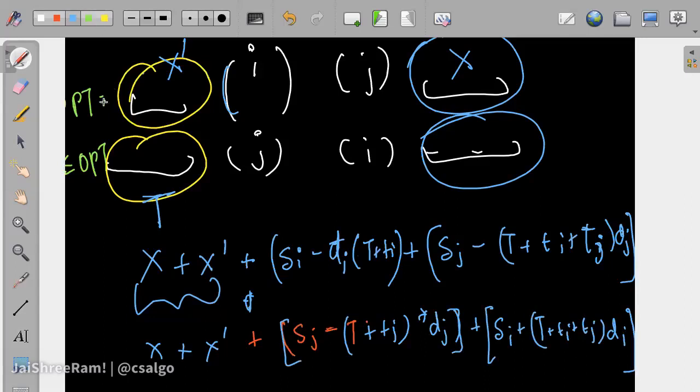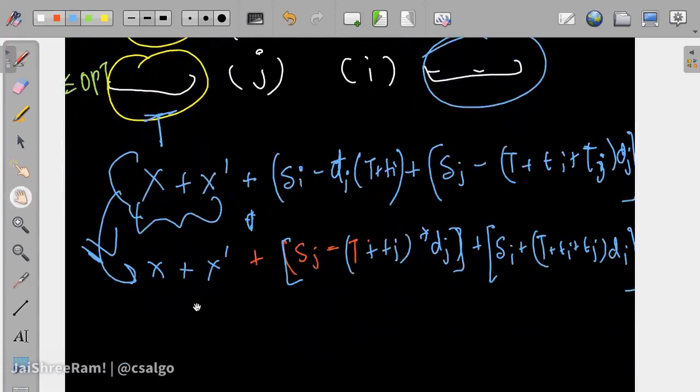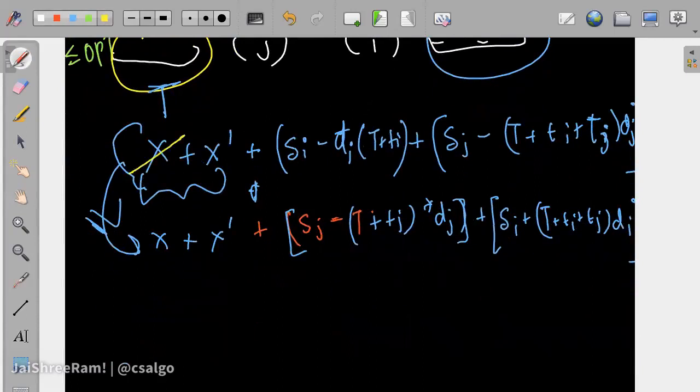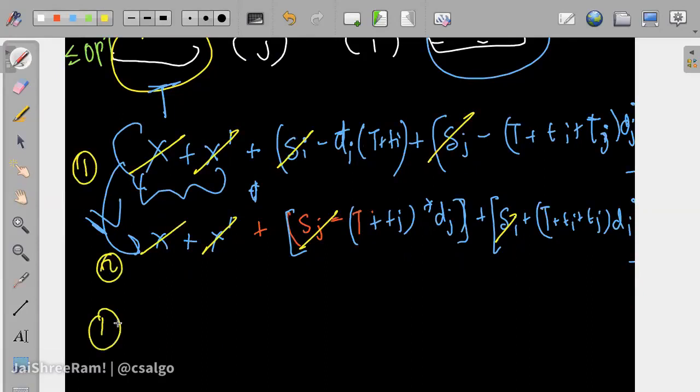Now this has to be bigger than this, right? This has to be greater than or equal to this. So now when we write this in expression from both sides, this is going to get cancelled off. Okay, now there is this Si plus Sj term which is going to get cancelled out from both sides because there is a less than or equal to between these two terms. So this is expression 1 and expression 2. So we will write expression 1 greater than or equal to expression 2, but these are there on both sides, so anyways they are going to get cancelled.